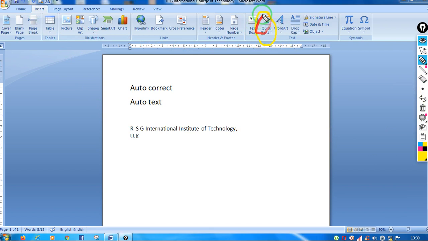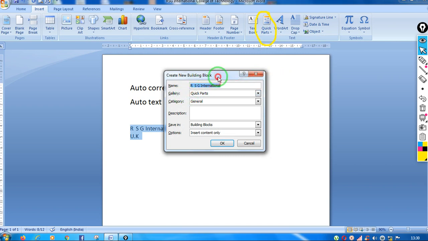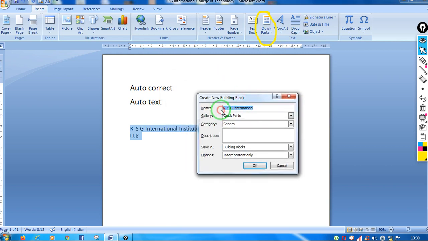I hope you can see this option. This you will find in the Text group. So you will click on Quick Parts. When you click on this drop-down arrow over here, you will find Save Selection to Quick Part Gallery. Click on this option, and here you can give any name to the AutoText.